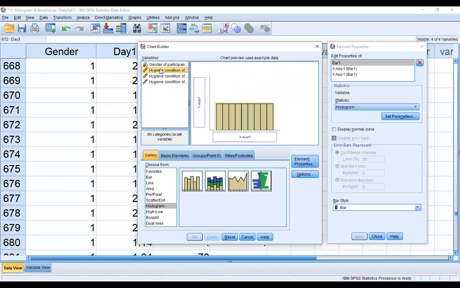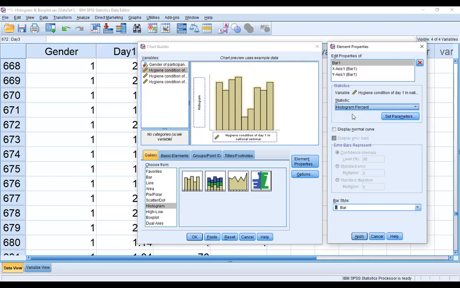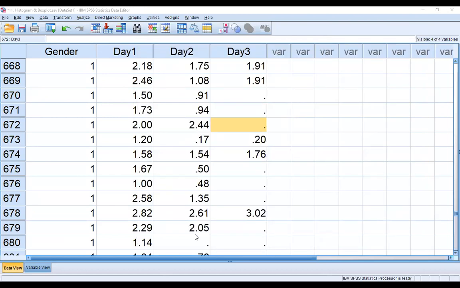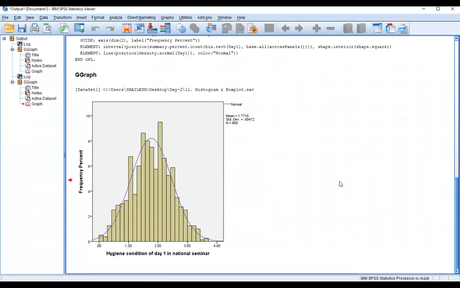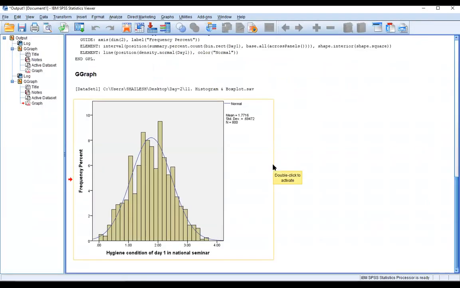Put hygiene condition on the x-axis, then change to histogram percent, then display normal curve, apply, and after apply, okay. Now you can see the histogram. I'm sharing the histogram. Is it visible to you? Can you see this histogram? We can create a histogram like this.